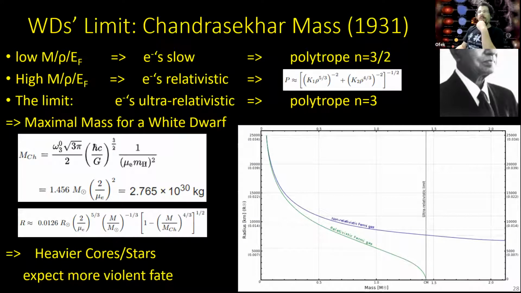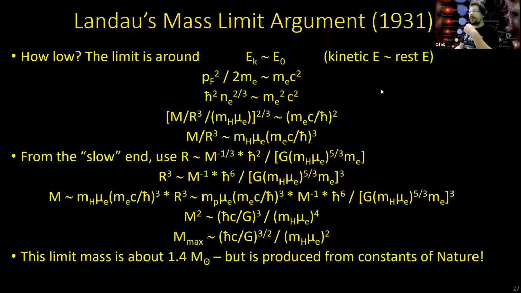So there are two ways to think about it. There's the Landau way and the Chandrasekhar way. The Landau way is order of magnitude. You don't expect a perfectly correct number, but you get an estimate. And the estimate will say that